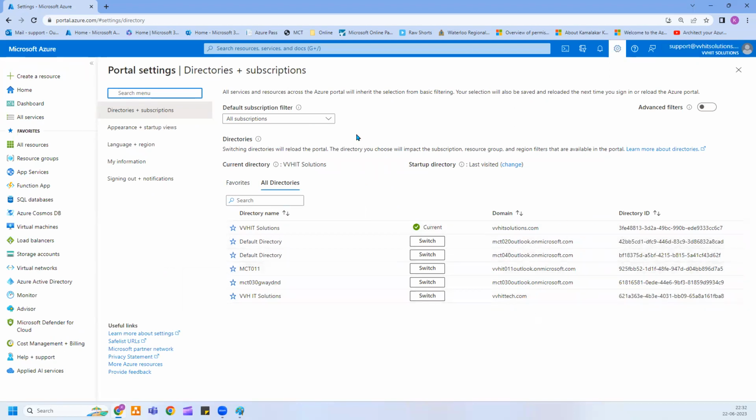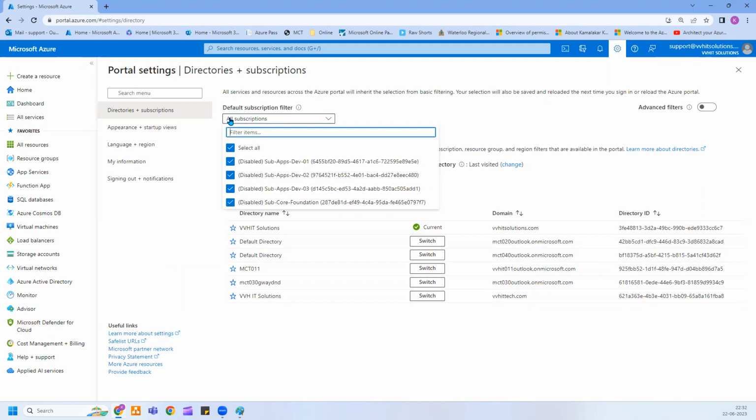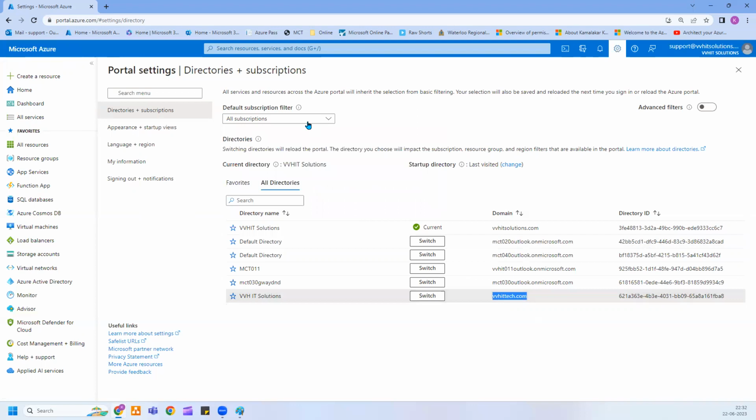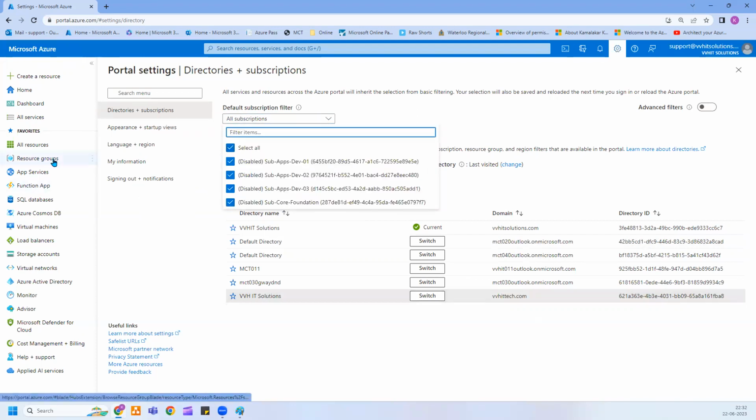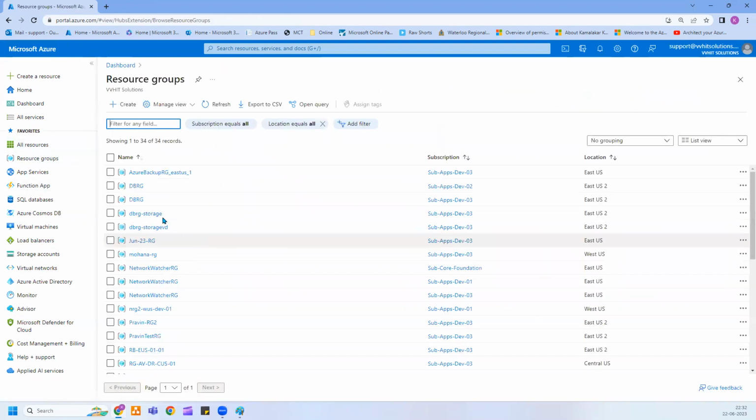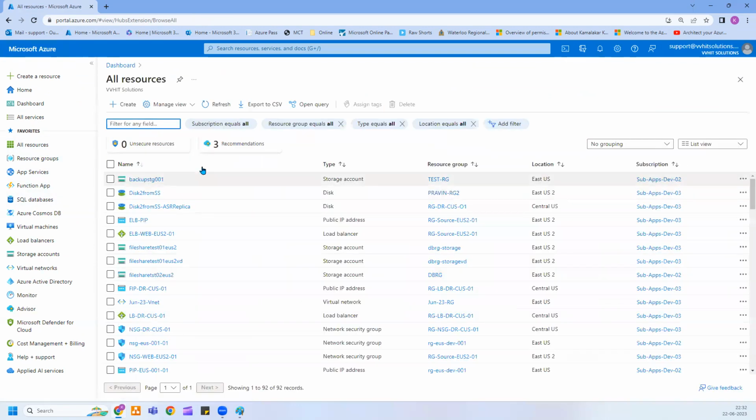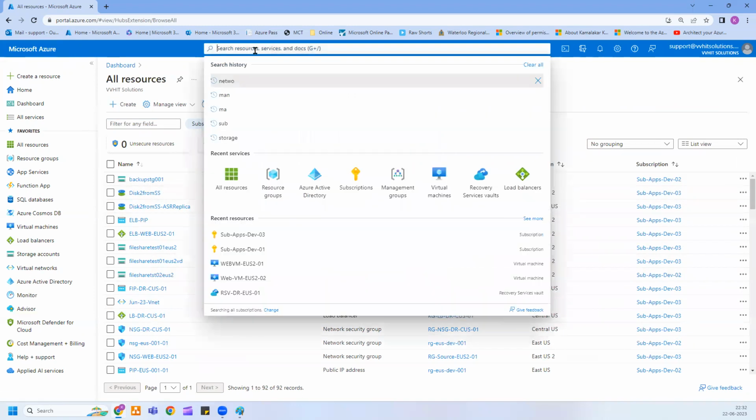All right. Now if I go to this directory, you can see there are multiple subscriptions. Obviously, they are disabled. That's totally fine with us, because we are just trying to see options. We are not in real time at the moment. So you see the Azure AD and you see the subscriptions. And if I go to the resource groups, you see the resource groups. And if I go to all resources, these are the resources of different subscriptions. Now, if I go to the management groups,